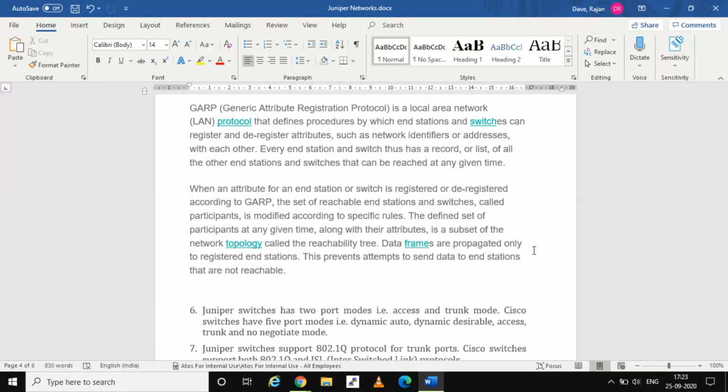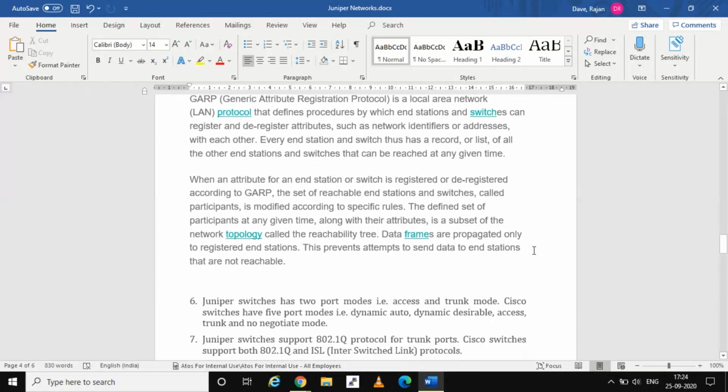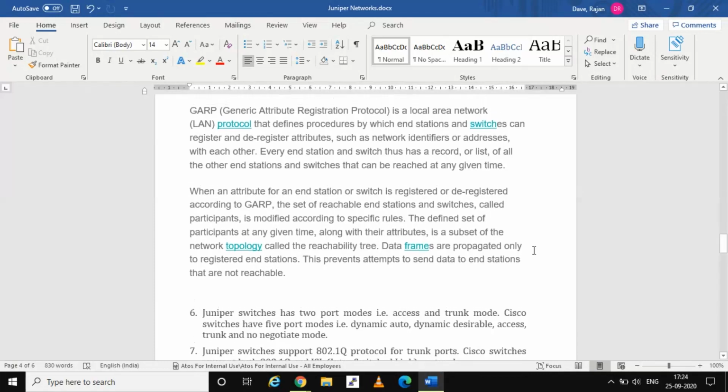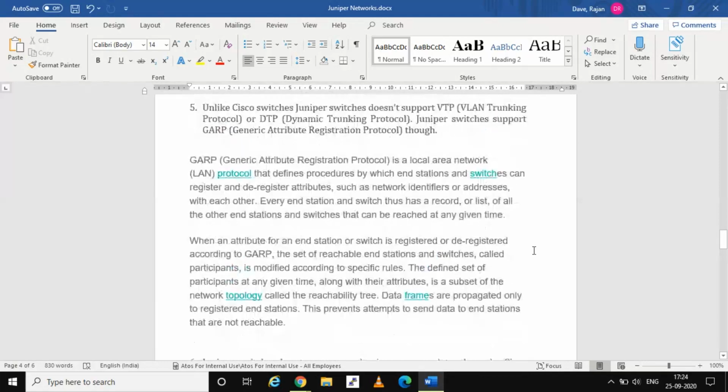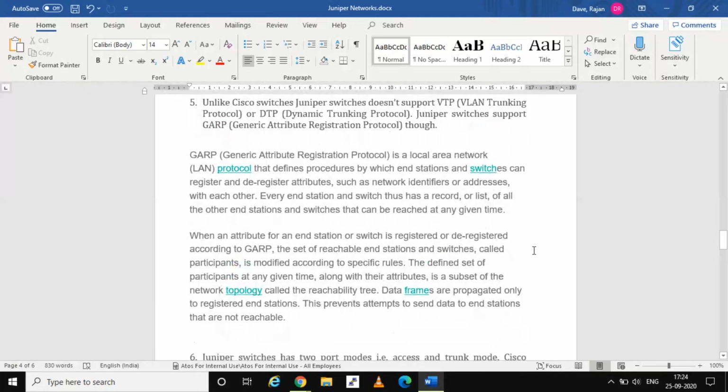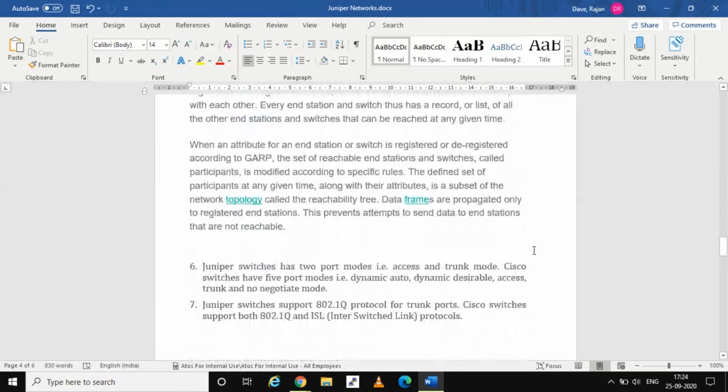So if one switch is not reachable while the other switches are, by default it is called a deregistered switch, and the frames are not transferred to that switch. That is the GARP protocol, which is supported by the Juniper devices or Juniper switches.